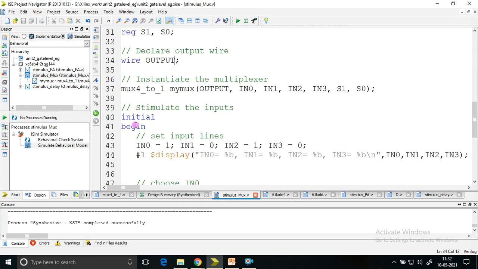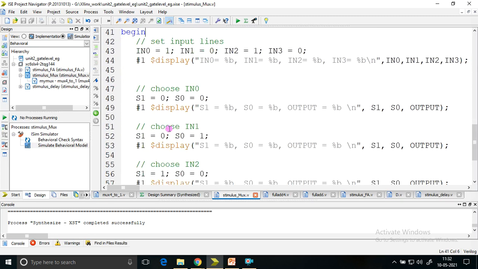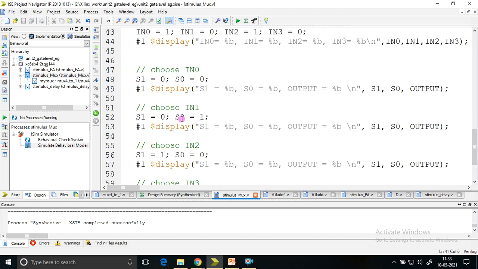Okay. So initial begin. I set the inputs 1010. Same thing will be displayed after 1 second or 1 time unit. And again, I'm changing the select lines. Initially I set it to 0. I'll display the same thing as well as the output. Next I'll set our select lines as 0 1.